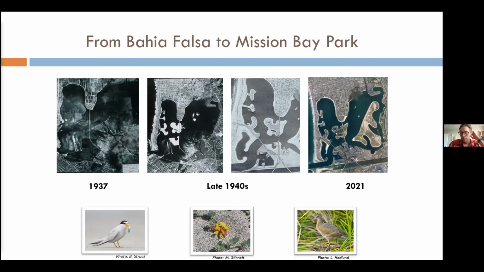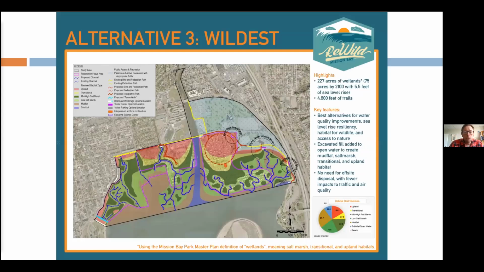But if you go to the next slide, the change from the habitat that Mission Bay was, which was much shallower and much more tidal, to a much deeper in-water habitat and a shoreline now that is much sandier and much rockier. So basically, we put riprap where we don't want the tide to change things, and we put a sandy shore where we want to interact with the bay, and then we made the rest of the bay much deeper. So we have lost a lot.